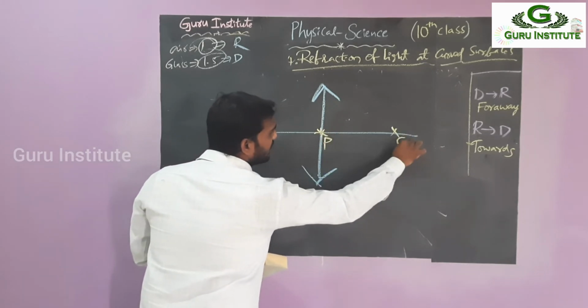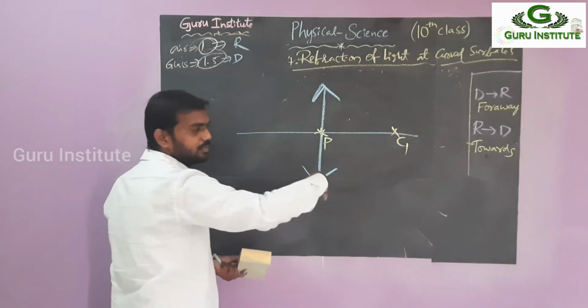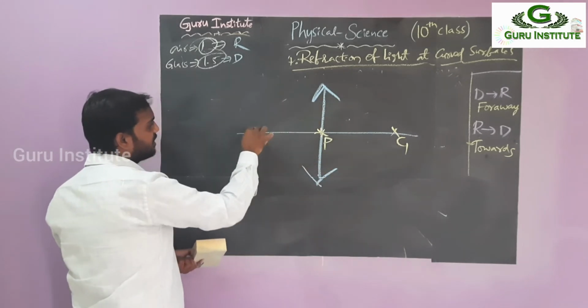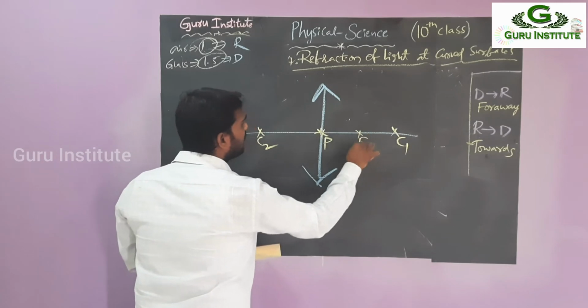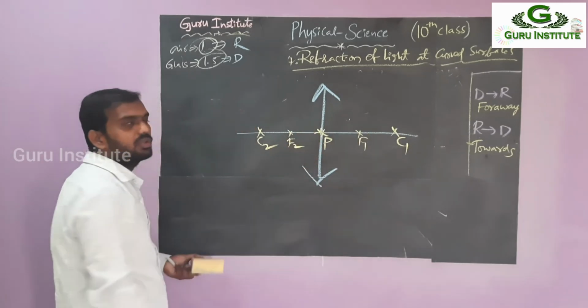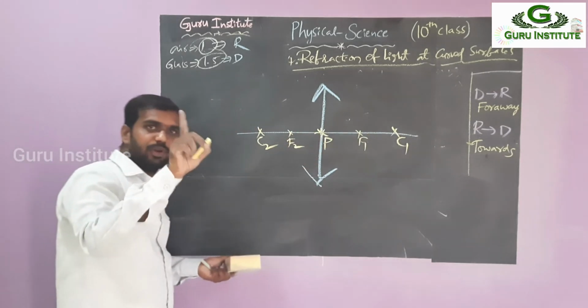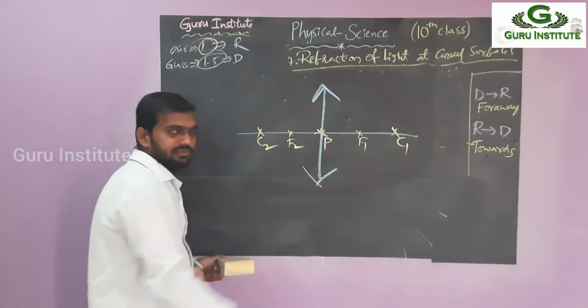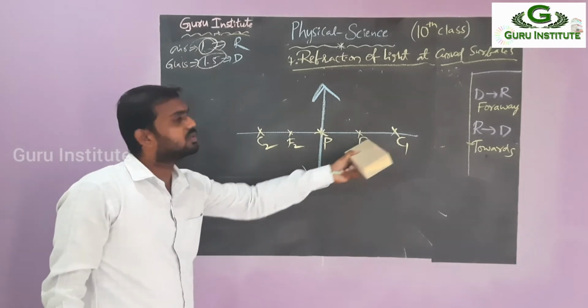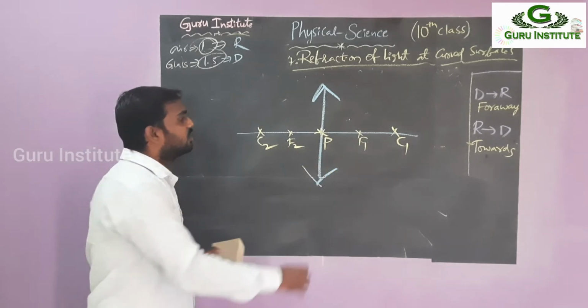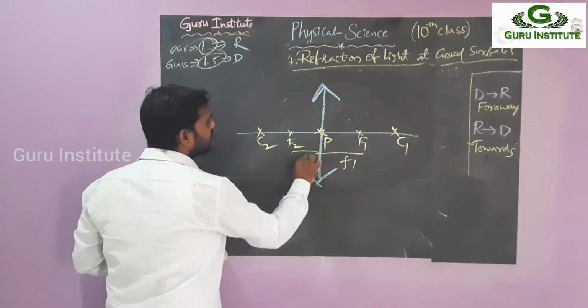On the right side, you can take C1. Why? Because this is the first sphere. And the left side is the second sphere, so you take C2. Okay, then between these two, F1 and F2. From this, what can we conclude? A lens has only one pole, but two foci. That means two focus points, two centers of curvature, and also two focal lengths, F1 and F2.